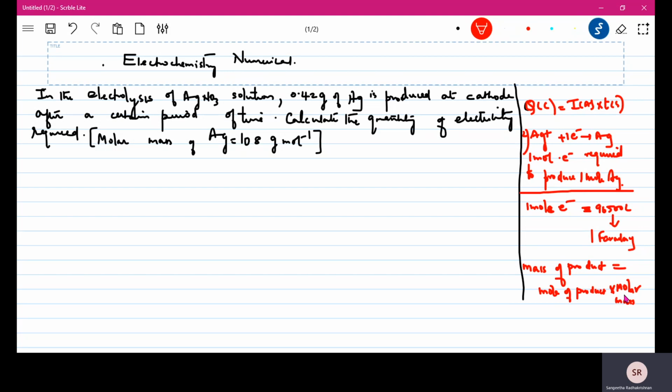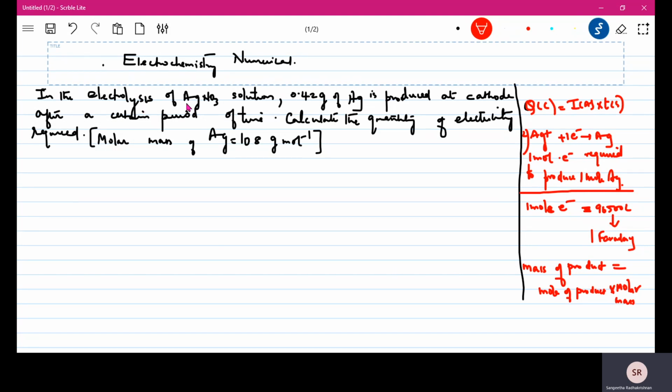If it is Cu2+, okay, 2 plus, then you will need 2 mole electron. If it is Al3+, then you will need 3 mole electron. Okay, so it will depend on how many positive charges there are. It's plus 3, then you need 3 mole electron. If it's plus 2, you need 2 mole electron. It's plus 1, you need 1 mole electron. Okay. So let us just see the sum now here.